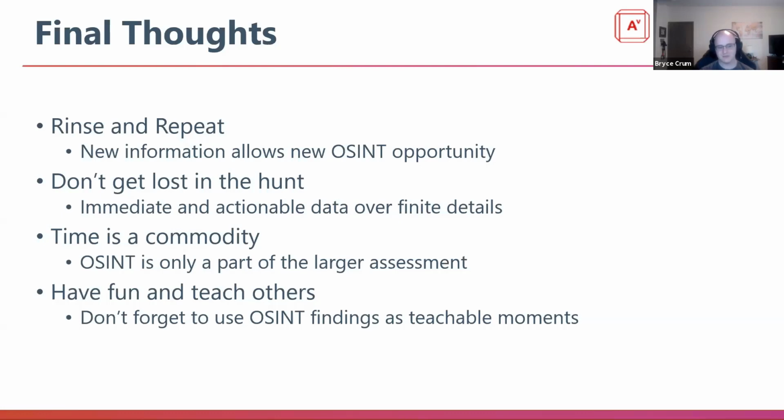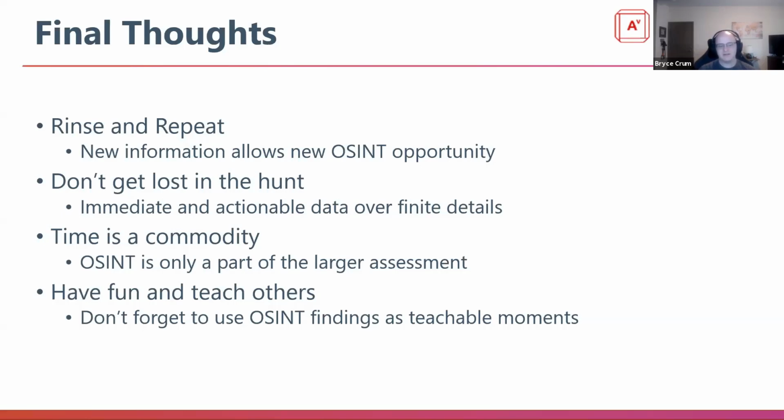As I said, open source intelligence is only one part of much larger assessments by and large. So use this as a tool. As you progress and use these methodologies and find your speed, you're going to be able to bring this together fairly quickly, kind of get your own mentality down and move through it quickly, right? It's not going to be something that takes you a lot of time. But that being said, be wary, especially if you find yourself with a lot of time left and you're just trying to find a way to piece together these minor little bits at the end. Make sure that you're not spending time there when there could be much more valuable areas.